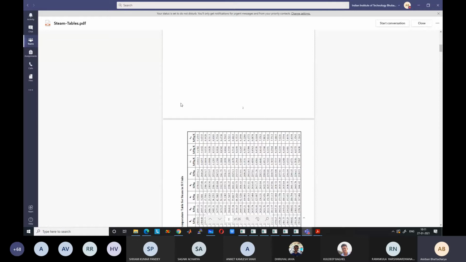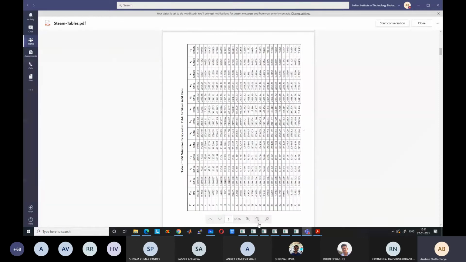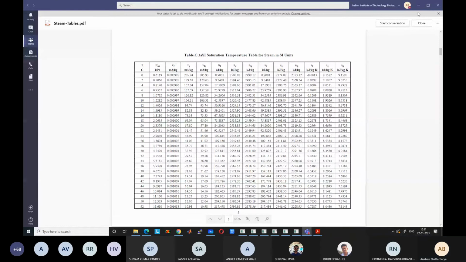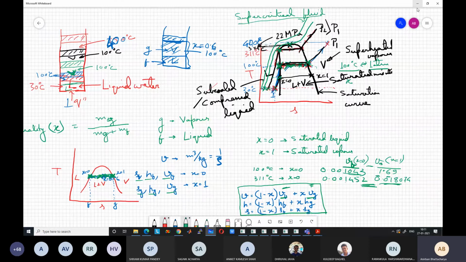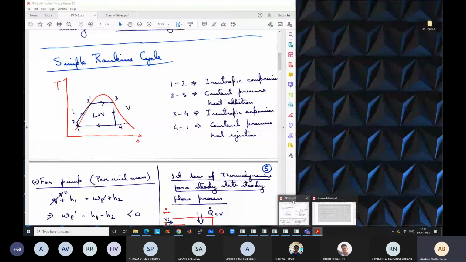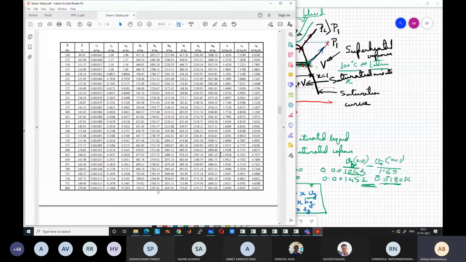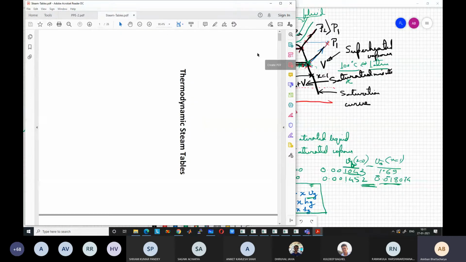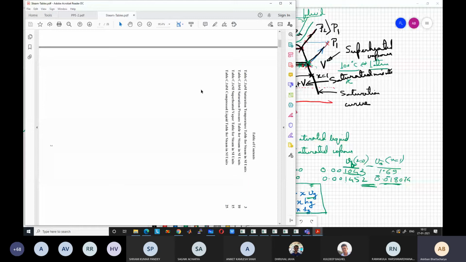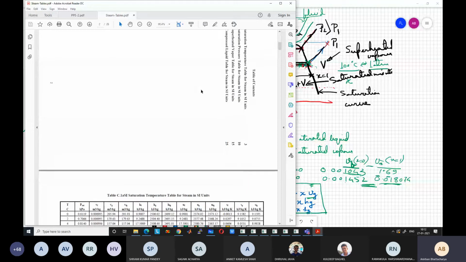What are the different values that are shown in a steam table? Okay. I will not show from steam, but I will directly show you. Okay. So the steam tables are generally divided into multiple sections. Okay. So the first section that is present is for the two-phase region. Okay, is for the two-phase region. So what we can do is